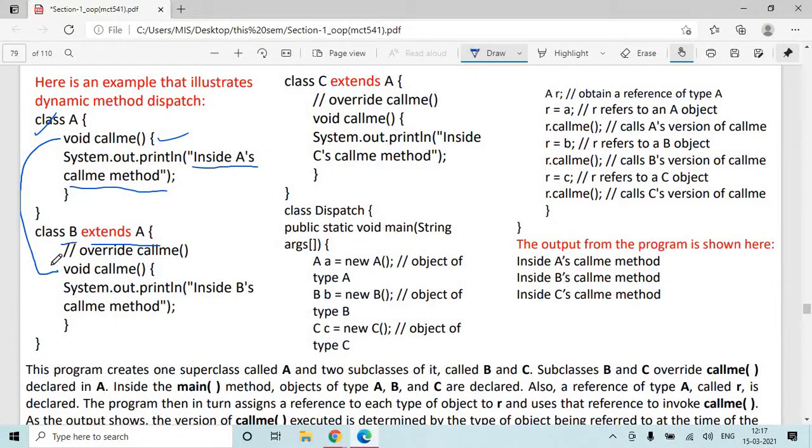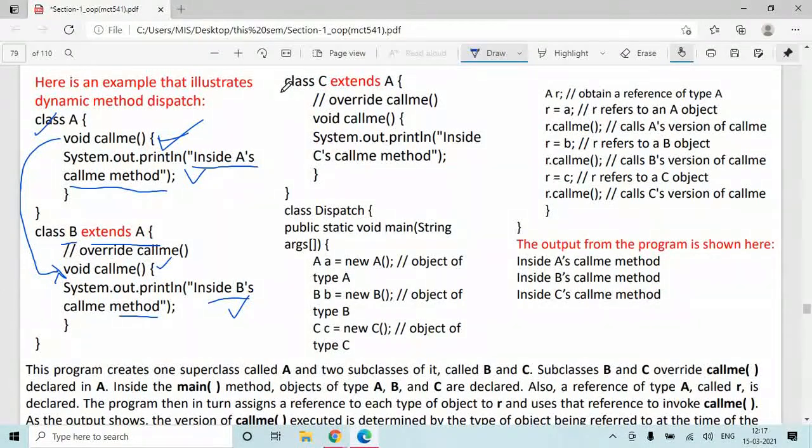We have again written the same void callMe, and the message is inside B's callMe method. If this gets called, we will see this message on the screen. If A's gets called, we will see the inside A callMe message.